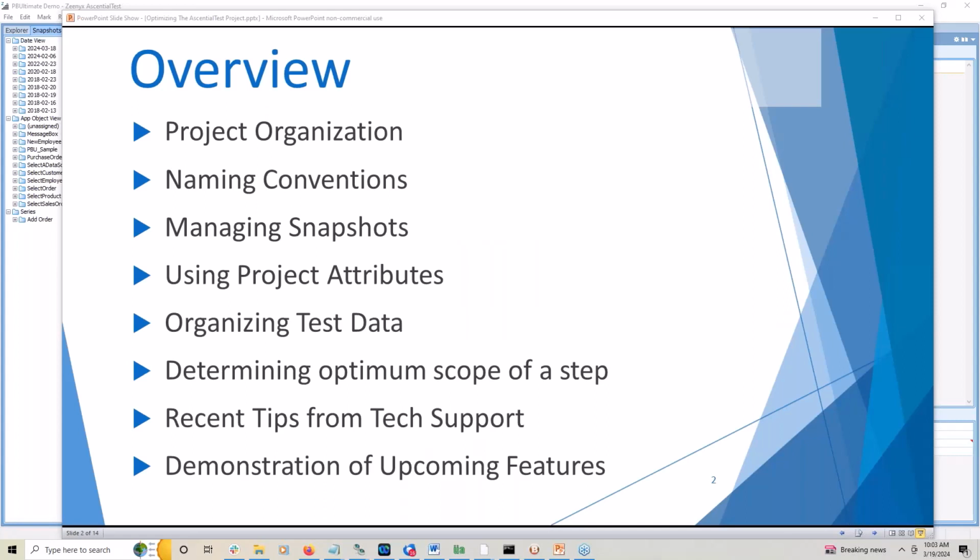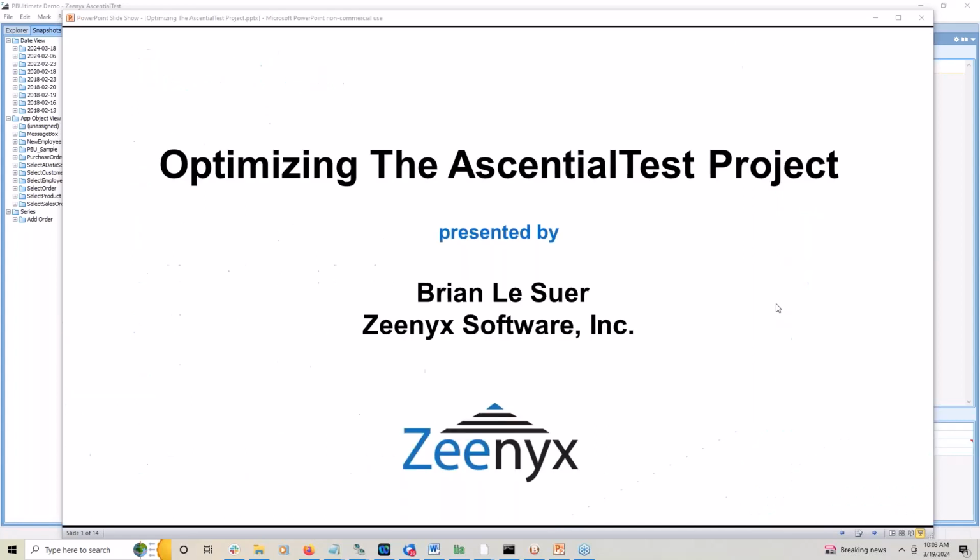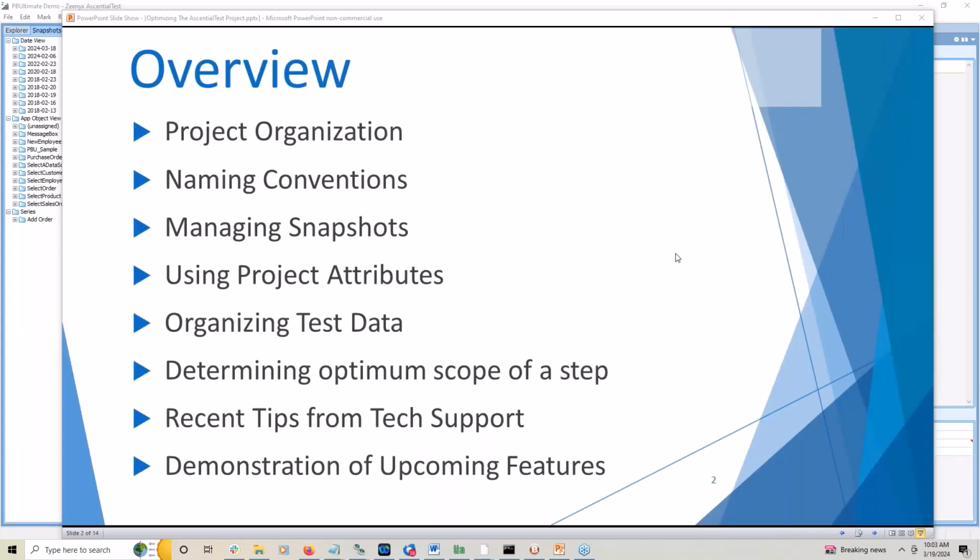Welcome everyone. We're going to talk today about optimizing the AscentialTest project. And so I think this will be a good presentation for folks who are brand new and folks who have used the product for a while. Also, part of this presentation, I'm going to be doing something new, and I'll talk about that as I go